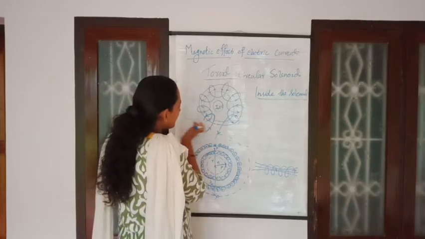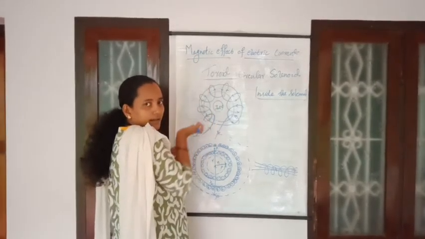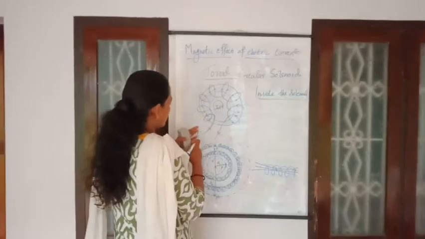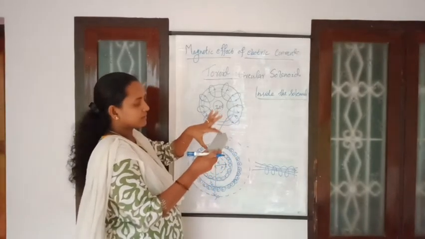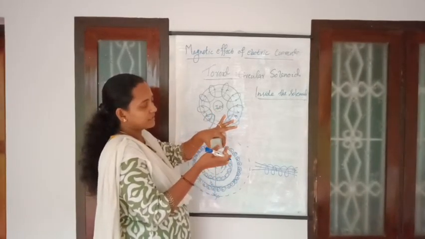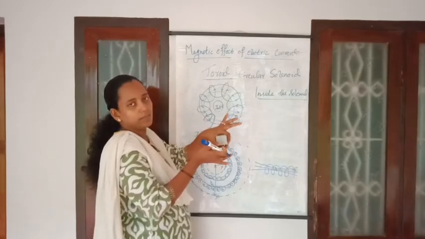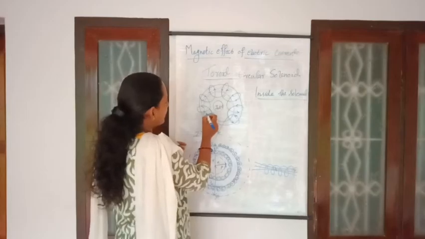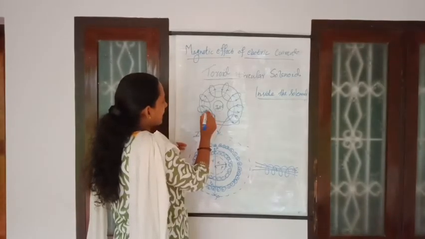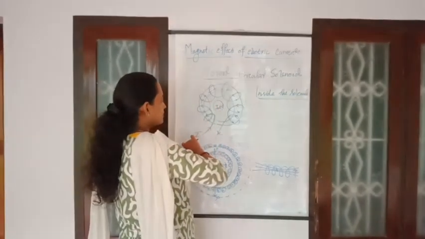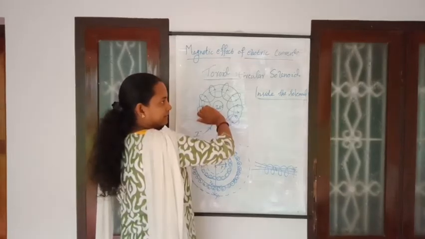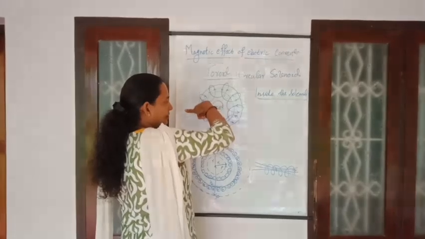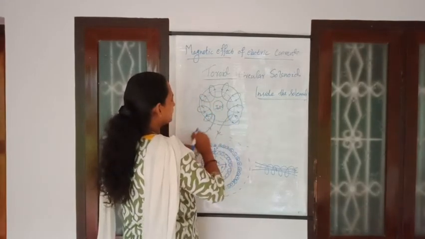This one which is showing is actually the downward part. But a two-dimensional figure we can draw like this only. That is, it is wound like this. Suppose this is a part of this solenoid, this is the upward part, this is the downward part. So here you can apply the right hand thumb rule, catch the coil like this, thumb in the direction of current, therefore the magnetic field is circular like this.